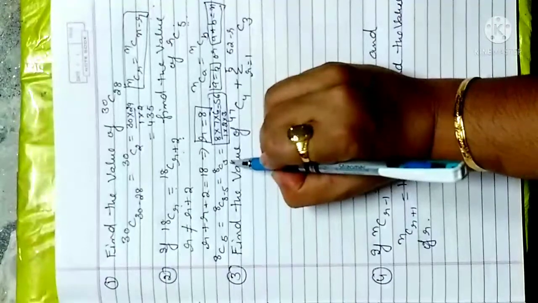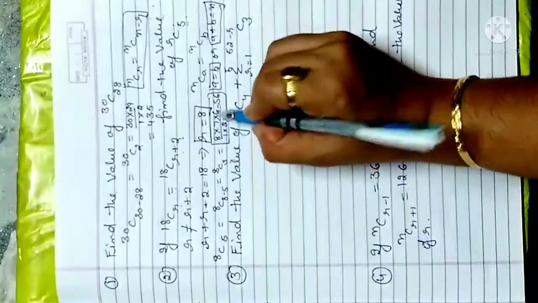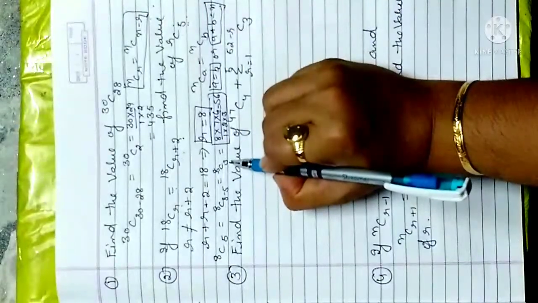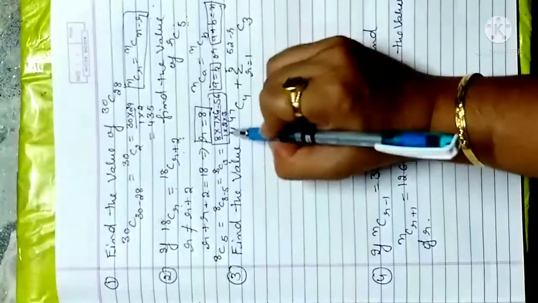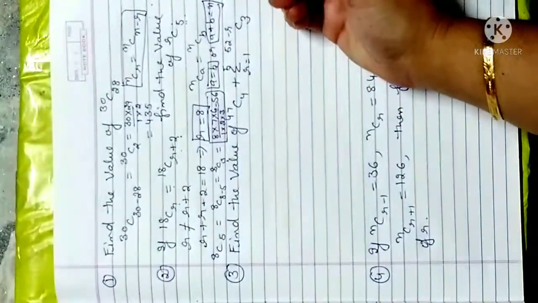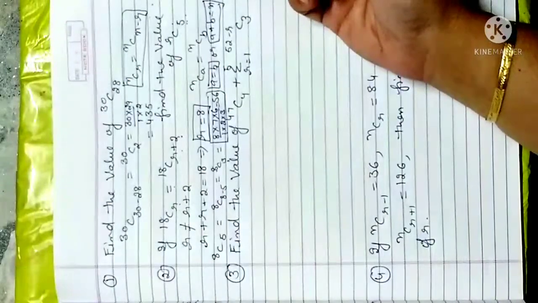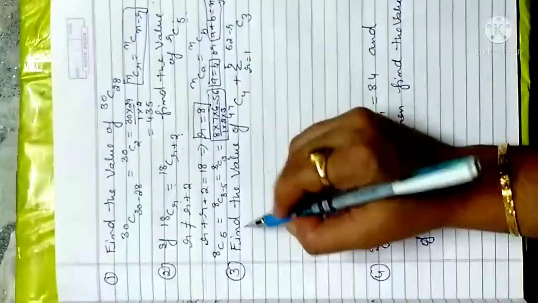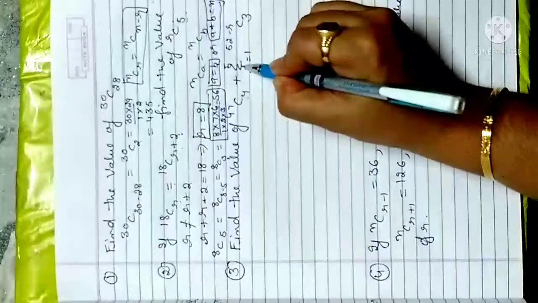So whatever digit is written here, starting from this number, go back 3 digits, and whatever digit is in this r value, from 1 to that number you have to write in the denominator with multiplication. So that gives you 56. Next, you have to find the value of 47C4 plus the summation.